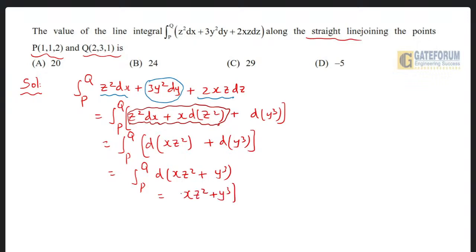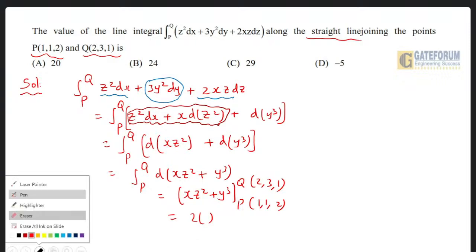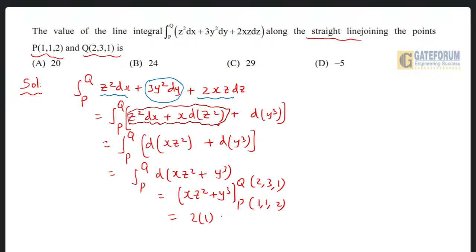Substituting upper and lower limits. Q point is (2, 3, 1). P point is (1, 1, 2). Now put x = 2, y = 3, z = 1, that is the upper limit. So this is 2 times 1 square, that is 2, sorry, 2 times z square, z value 1, 1 square is 1, plus y cube, 3 cube is 27. So this is the upper limit simplification, minus